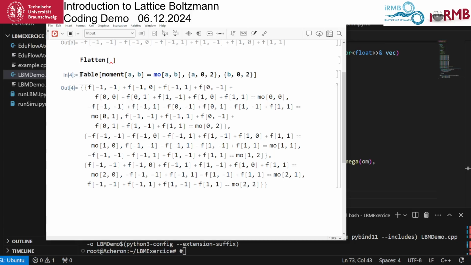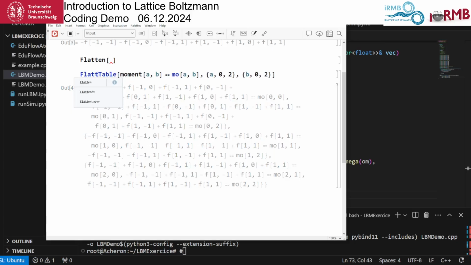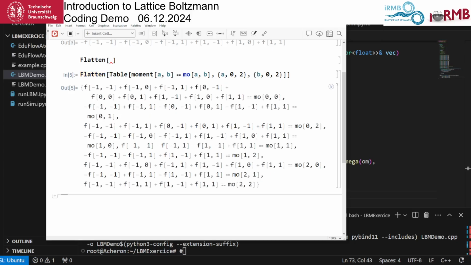If I flatten this, it will come to be just one table, right? So now these are the equations that I want to solve